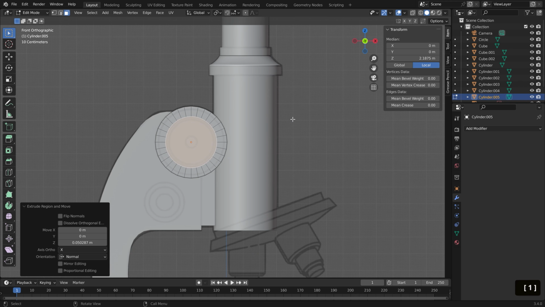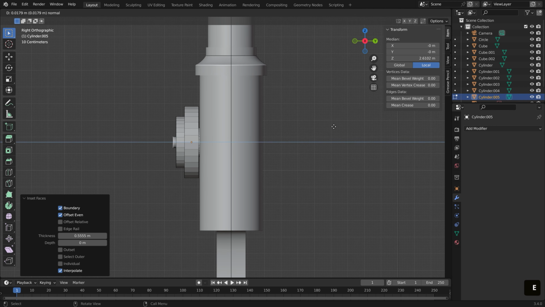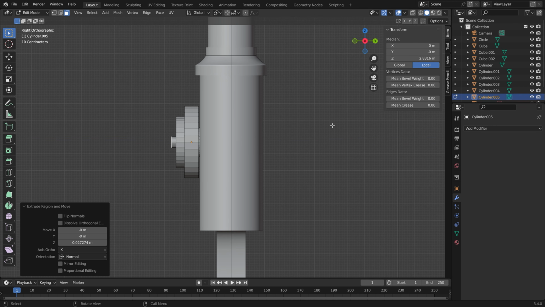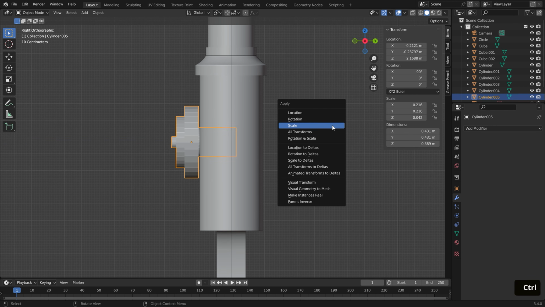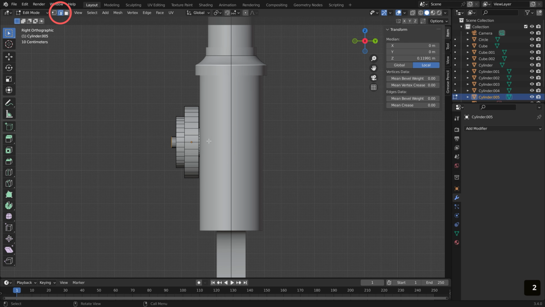Click. Go back into Front View and inset again with I until it matches the smaller circle in the middle. Click. Then go into Side View and extrude it slightly one more time, and click. Tab back into Object mode and hit Ctrl-A to apply Scale, and right-click Shade Auto Smooth. Now we'll do some beveling. Tab into Edit mode, and with Edge Select while holding Alt,